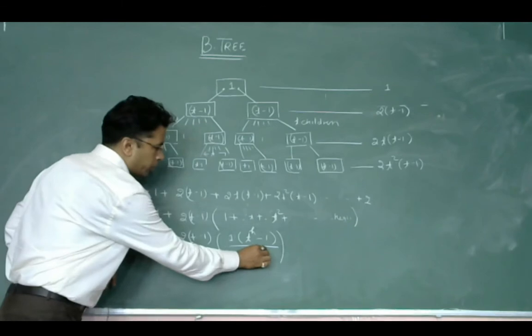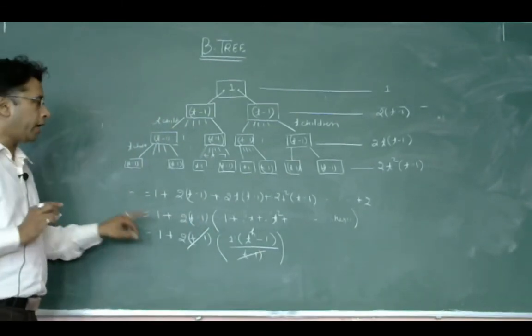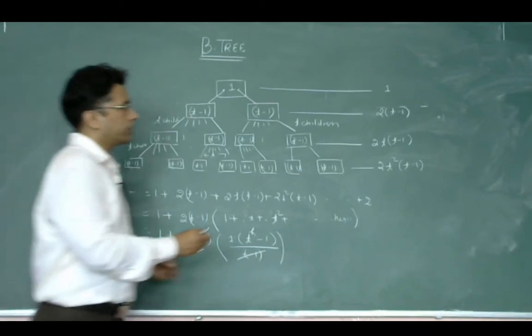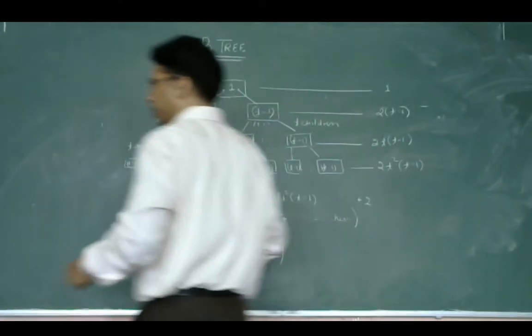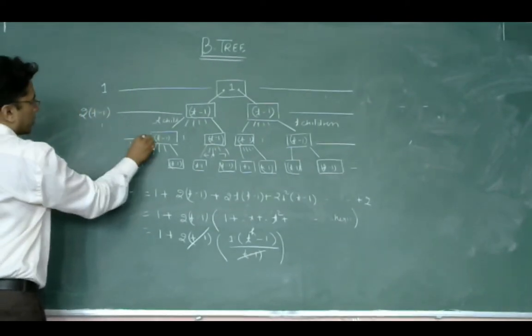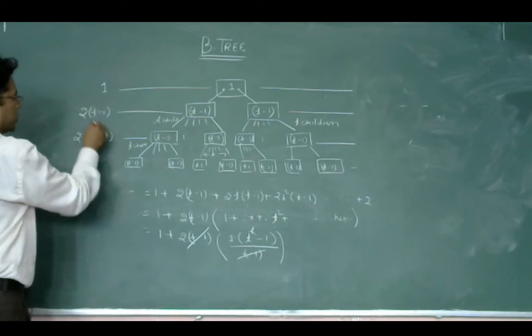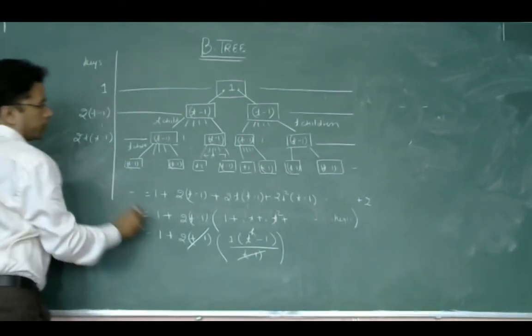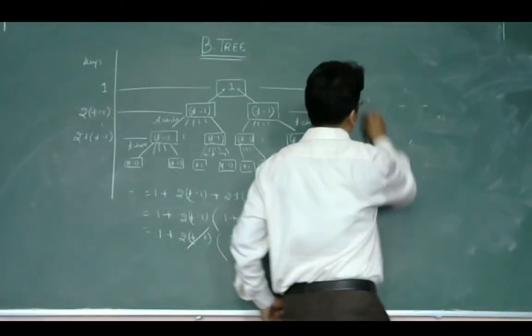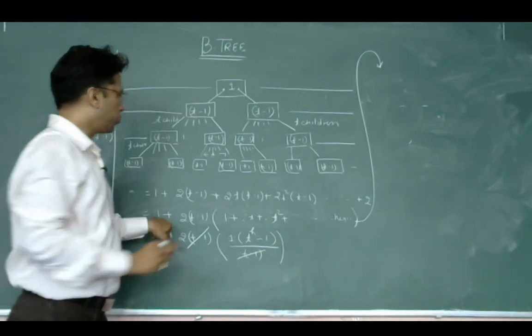So t minus 1 would be cancelled with the t minus 1, and after that I am rewriting this part as 1 plus 2 t into t minus 1 and so on. I am taking it here and continuing. So after this, n will be...